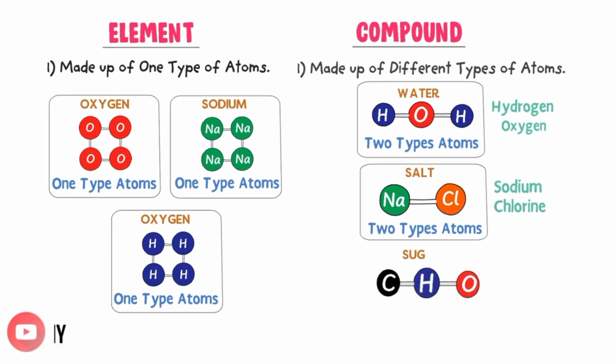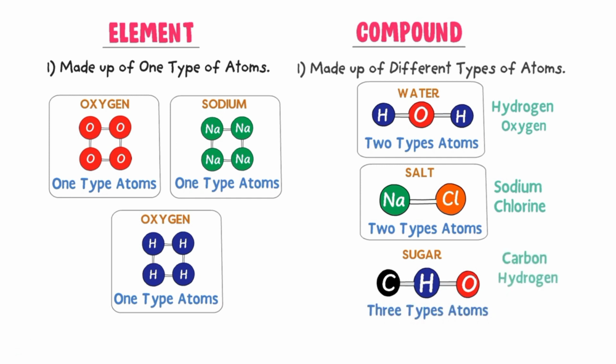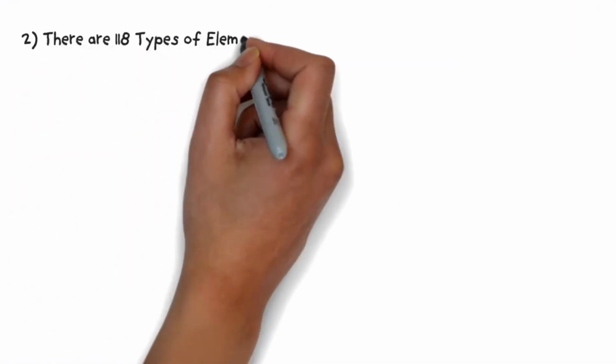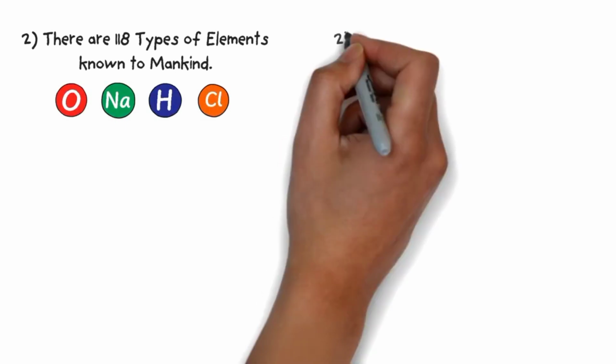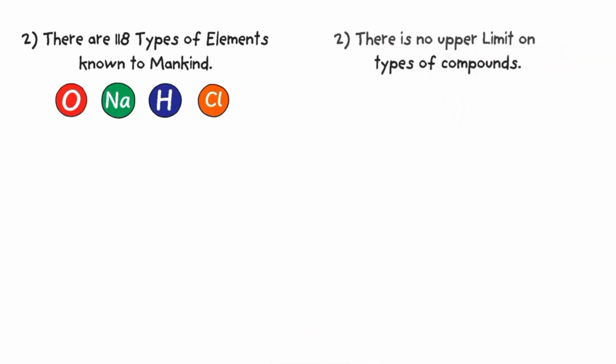Thirdly, consider sugar. We can observe that sugar is made from three different types of atoms like carbon, hydrogen and oxygen, so it is a compound. Secondly, there are only 118 types of element known to mankind. For example, oxygen, sodium, hydrogen and chlorine, while there is no upper limit on the type of compounds, because different